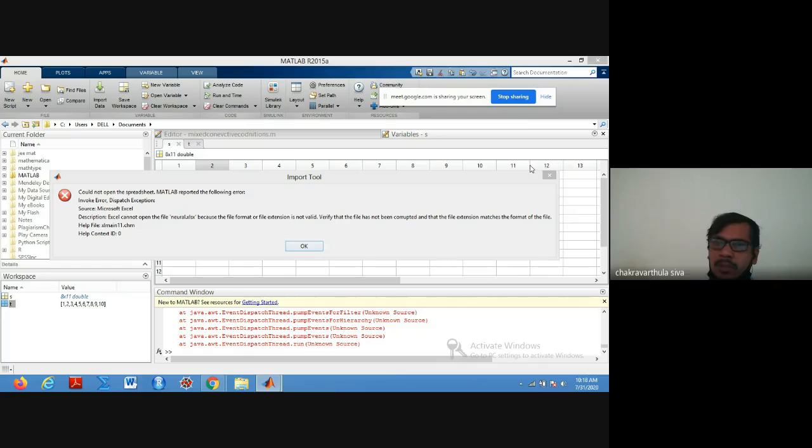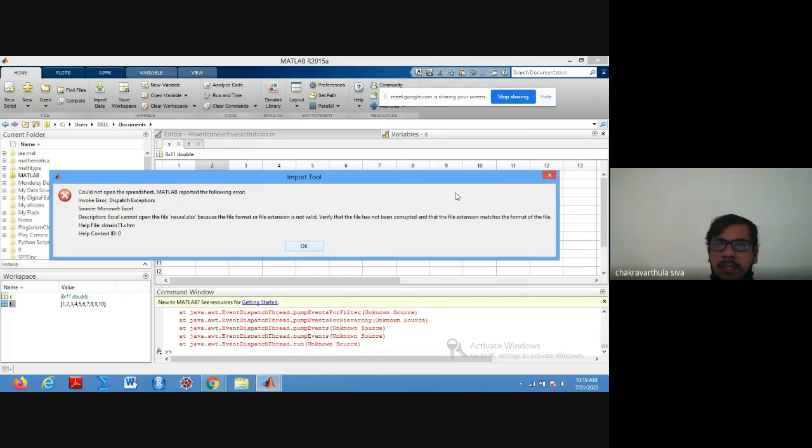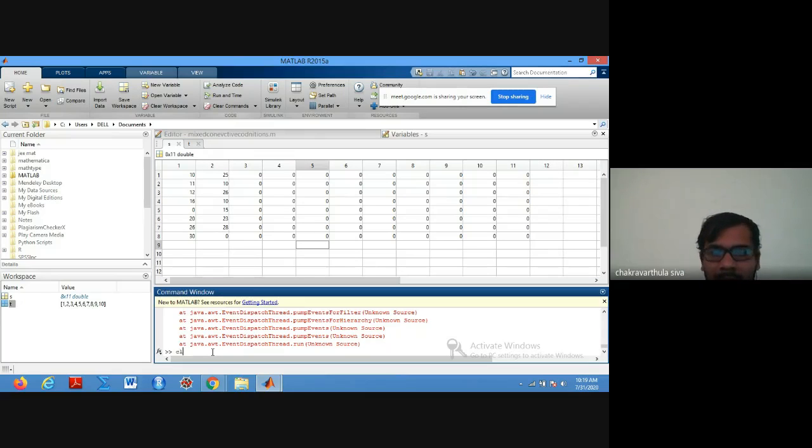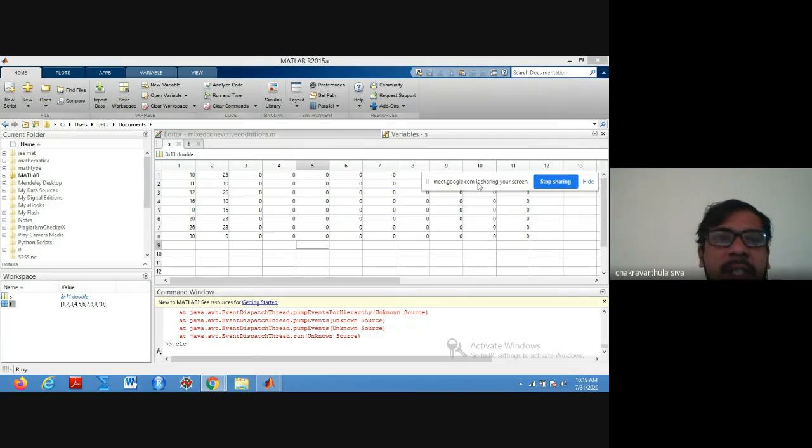Click on OK also. There is a public MATLAB again. So when I'm importing the data, it is taking time and restricting the system. So now CLC. Let us open the fuzzy inference, adaptive fuzzy neural network.